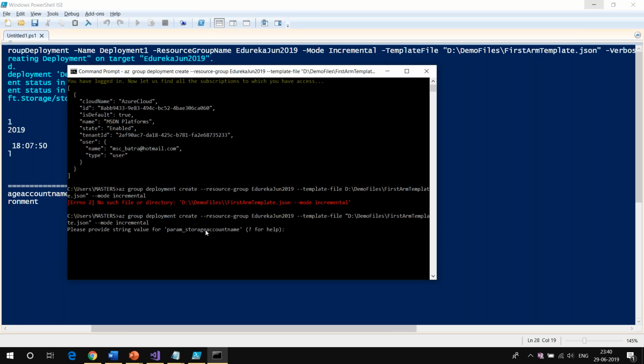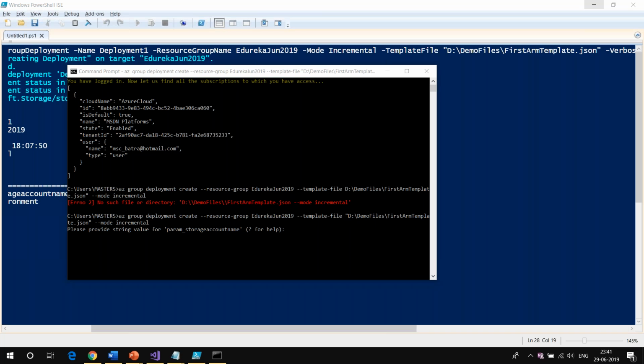It is again asking me the parameter name. So Aziz, does that make sense? Now if you're sitting in the Linux environment, you can do the same activity. And Vijay is saying ARM templates to create the ARM template. I think there is some mix of the question. So Vijay, if you can just write it clearly, I can discuss that.